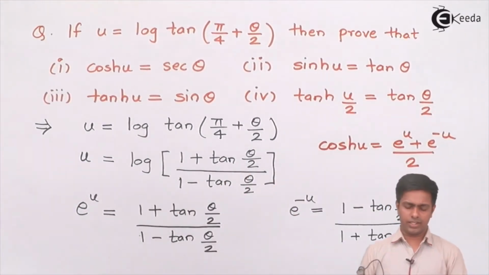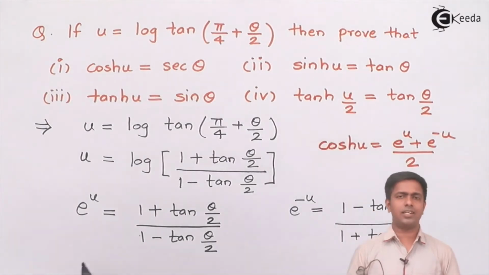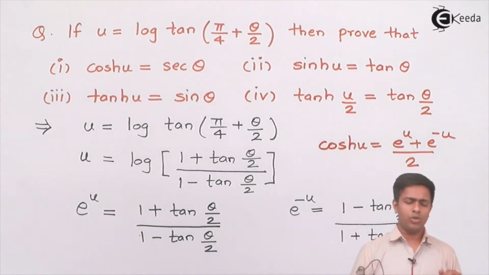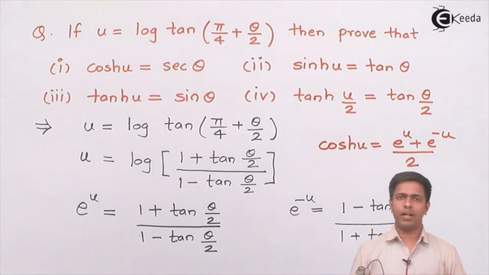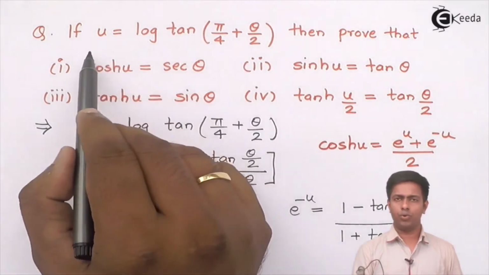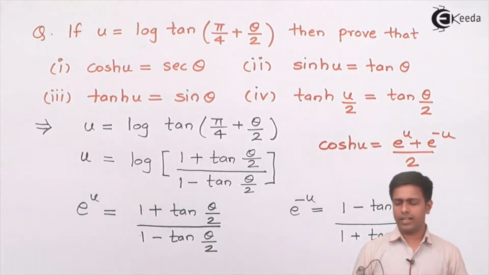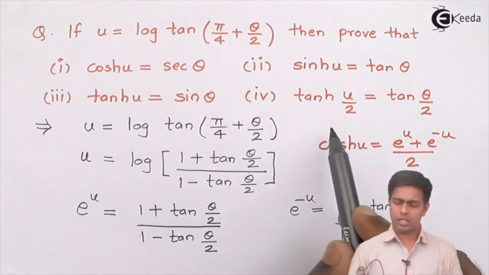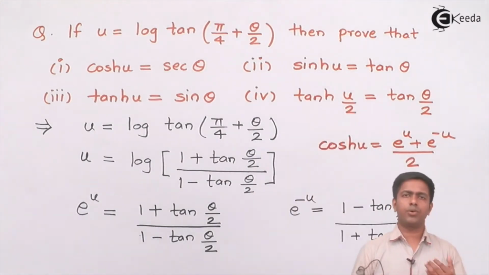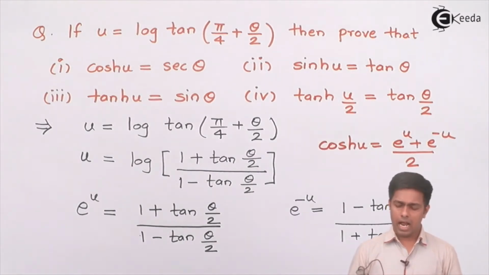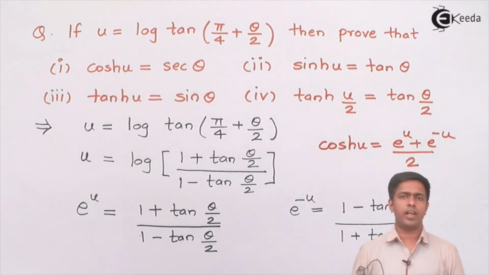And now let's prove the fourth result. Just observe the fourth result. In the fourth result, the angle is u by 2 and theta by 2. So again, it is a relationship between u and theta, but the angle is a submultiple. Now the question is how to get that u by 2. One way is to divide by 2 on both sides, simplify it, get the value of e to the power u by 2 and substitute in the formula. The other way is to convert this into e to the power u and then use the same value which we have derived. I think that method is easier because we already have the value.